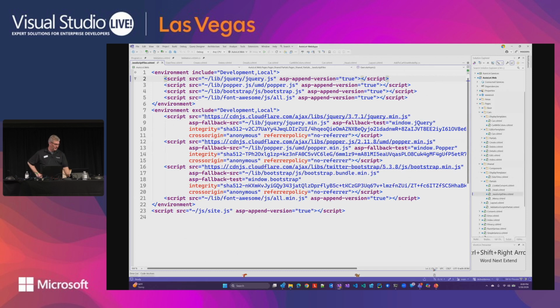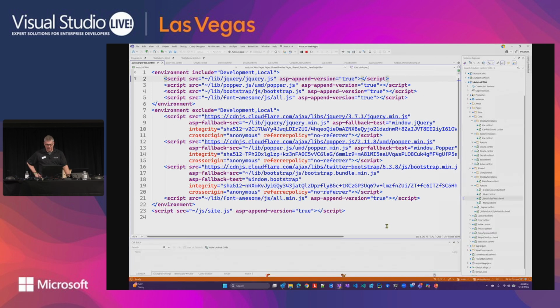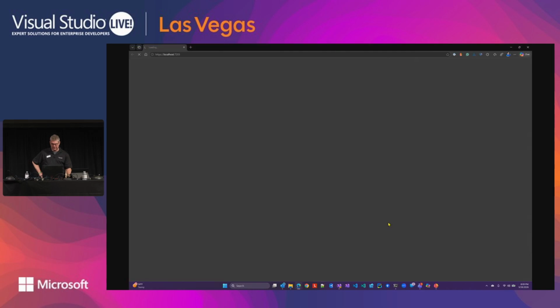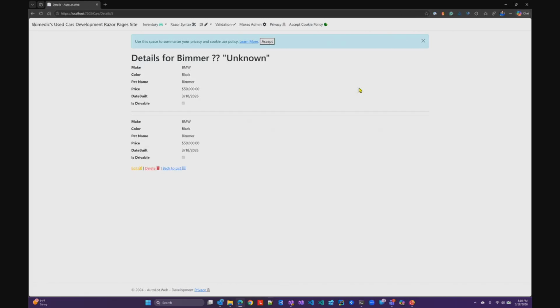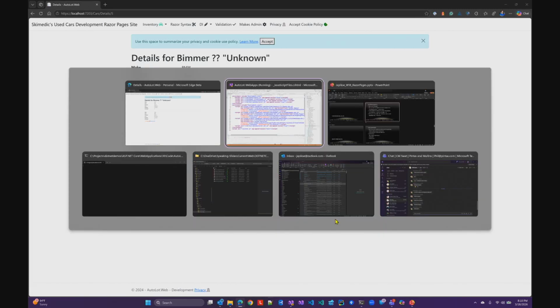You can build your own tag helpers. I'm not going to go into great detail about how to do it, but you inherit from TagHelper and then you override Process. But I'm going to show you the tag helpers I have in the demo. These are all custom tag helpers here. Edit, details, delete. And yes, I could just rewrite that. It's very simple. It's just a link to go to the edit page or the details page. But